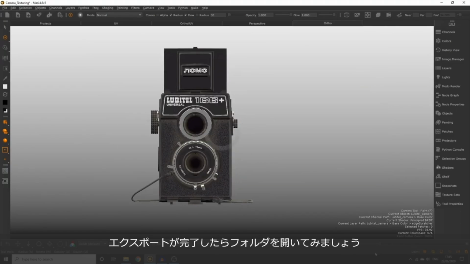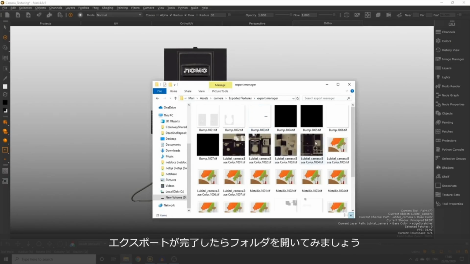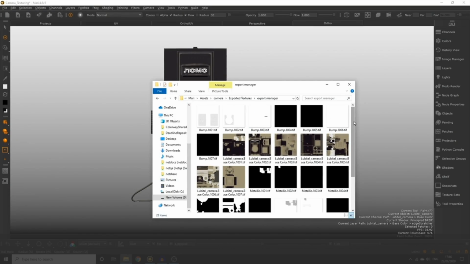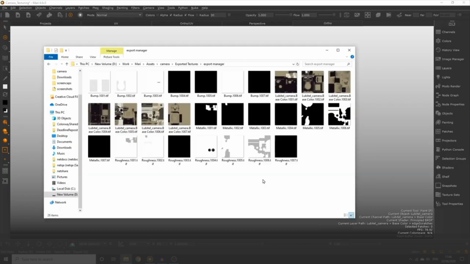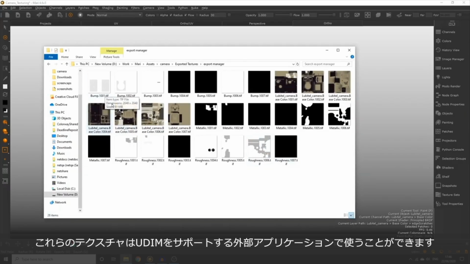When that's finished, you can head over to the root path you specified in the Export Manager and check out all of your textures. Since this object has 7 UDIMs, or 7 UV patches, we have 7 textures per channel. You can now import these texture files into external applications of your choice, or any external application that supports multiple